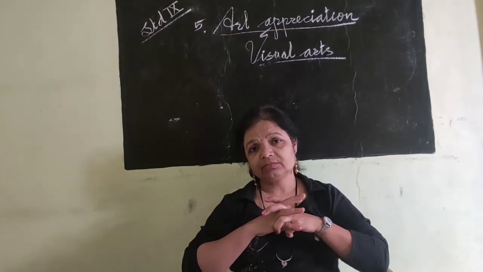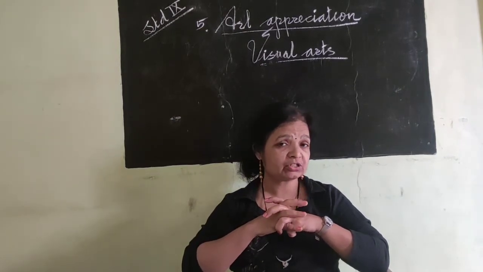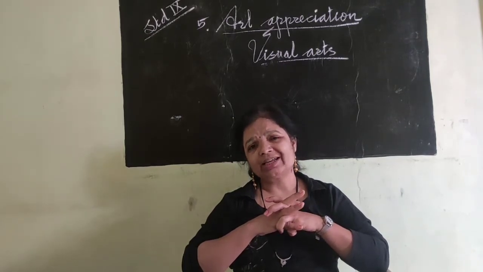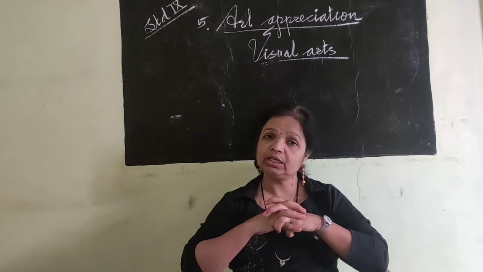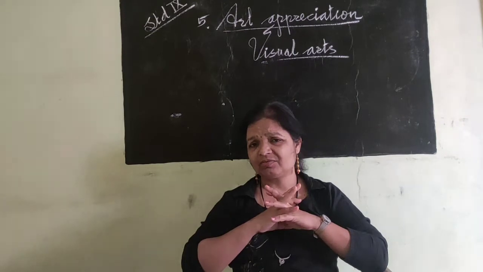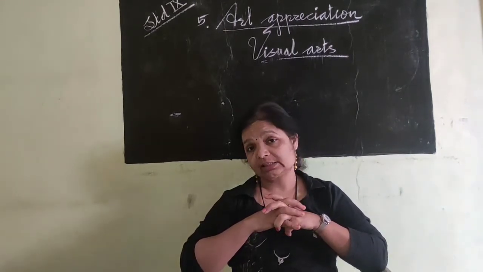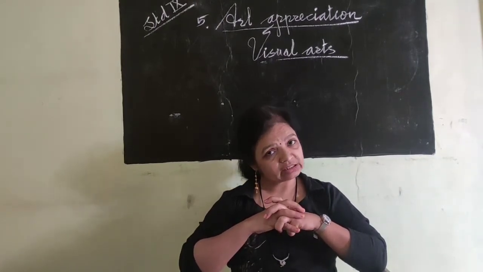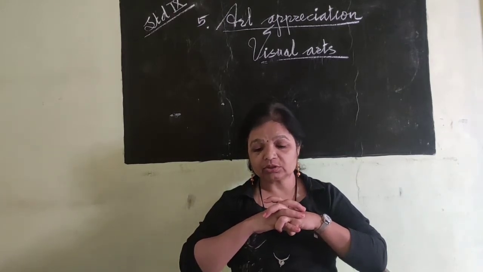Whether it is a two-dimensional picture, meaning paintings, or three-dimensional sculptures, whatever it may be, all types of visual art depend only on these five elements. We can count all five elements in one art piece or fewer elements. Understand? It depends on our choice or on that piece. So let's have a look again.